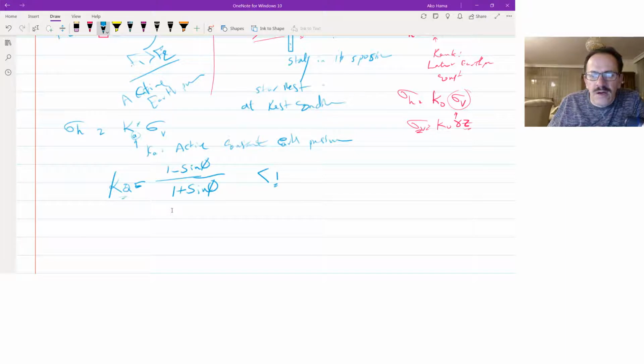Now in case that we have clay soil, when phi is equal to 0, Ka will be 1. So when we have phi equal to 0, it means that for clay this K value is going to be at its maximum. When we have c equal to 0, then it will be another thing. Now this is what we have.